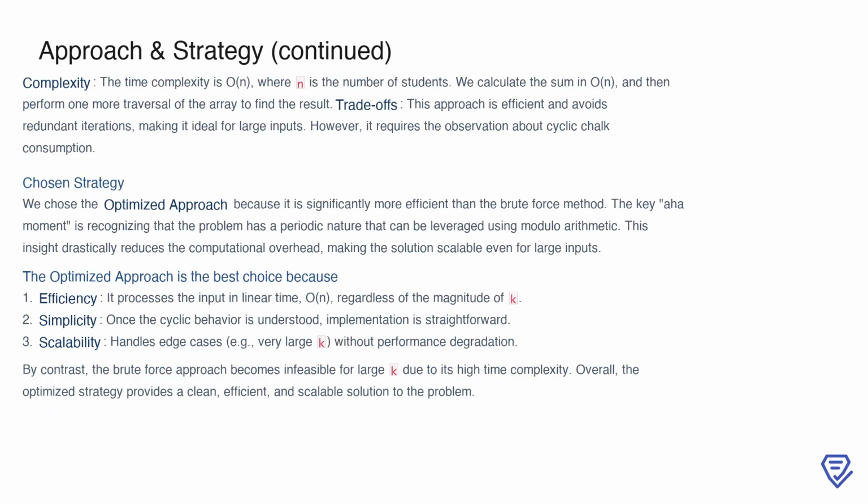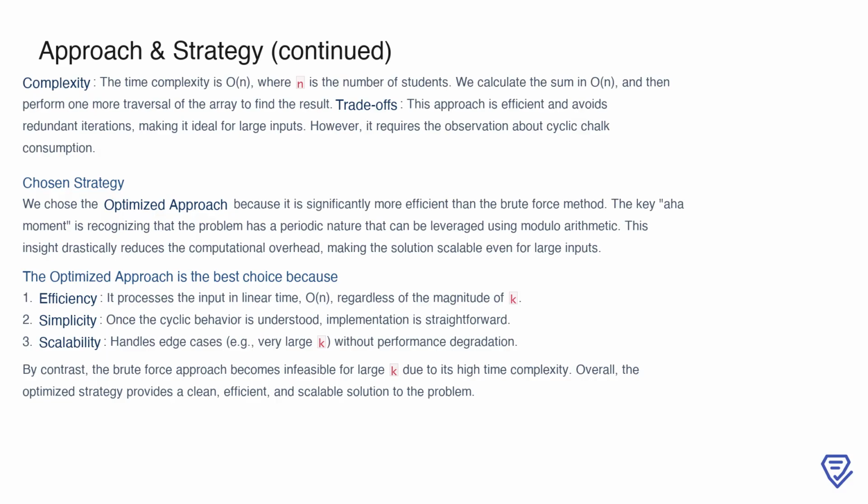The optimized approach leverages the cyclic nature of the problem to minimize redundant computations. Instead of simulating the chalk distribution through repeated iterations, we calculate the total amount of chalk needed for one complete cycle of all students, represented as total equals sum(chalk). If k is greater than or equal to total, it means the process will repeat cyclically. By using k equals k % total, we reduce k to a smaller, manageable value, representing the remaining chalk after accounting